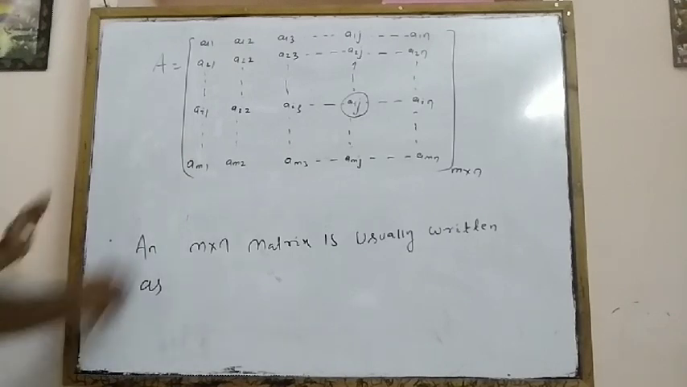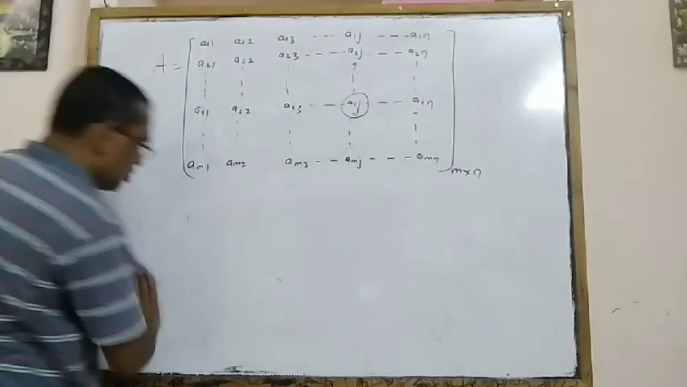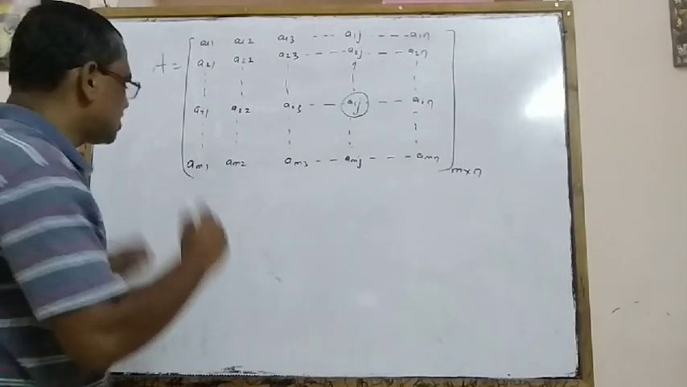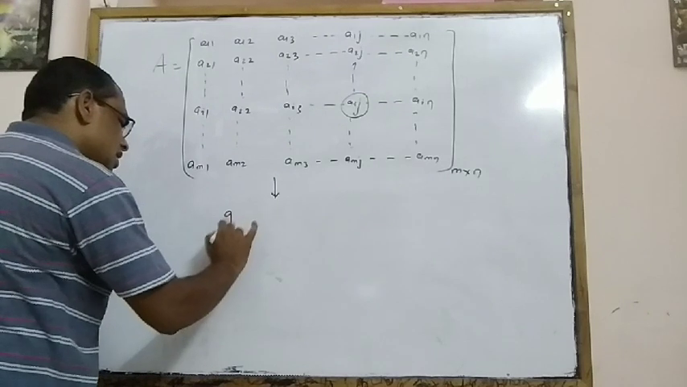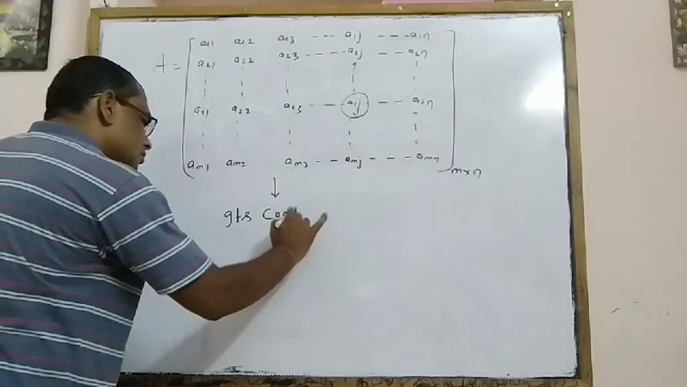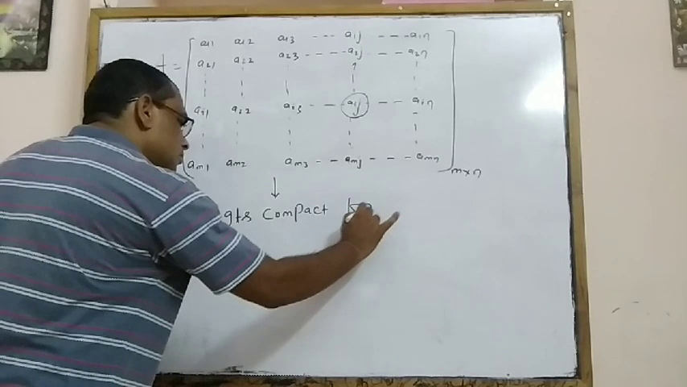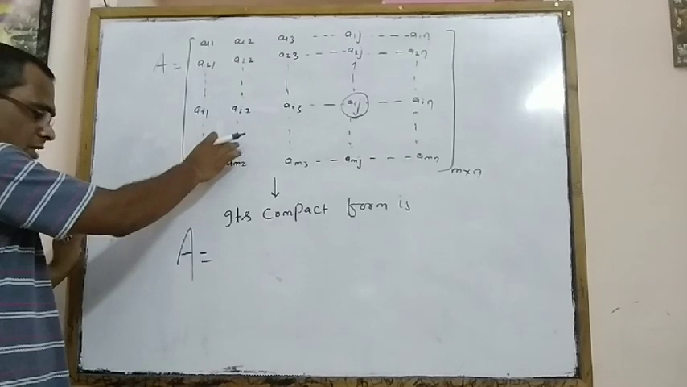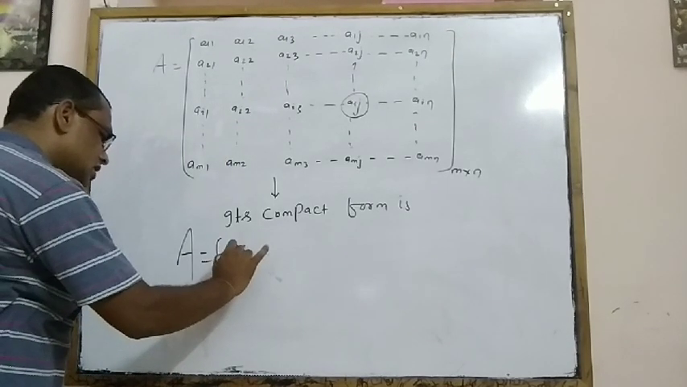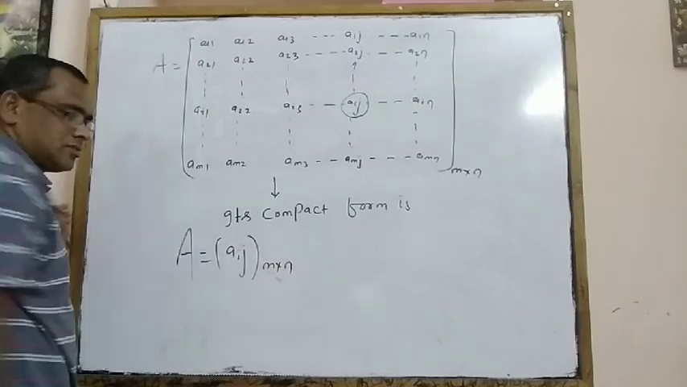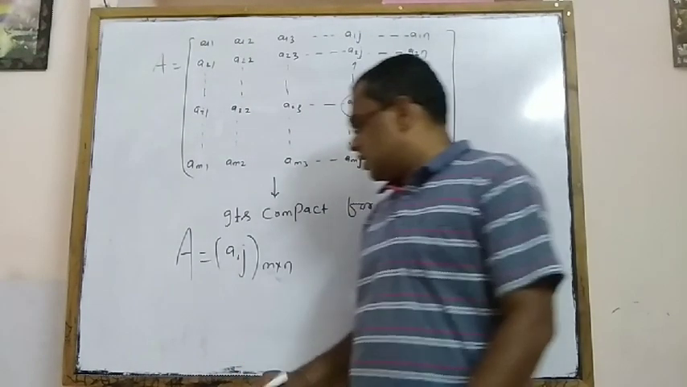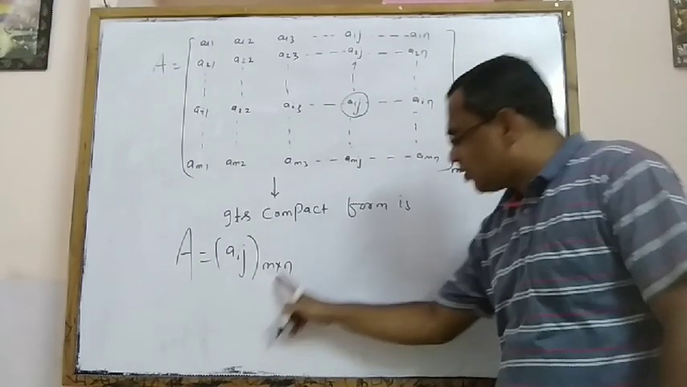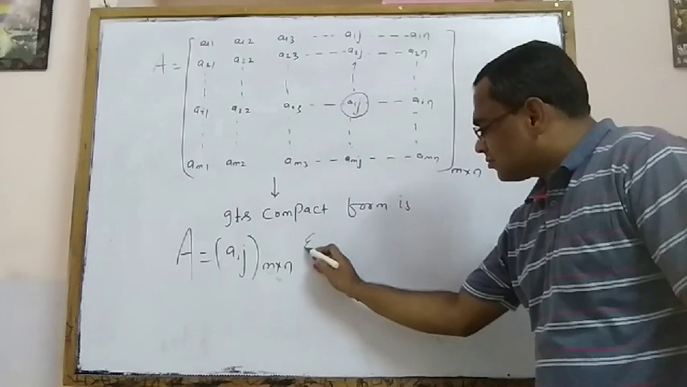Now this m cross n matrix can be written in a compact form, because every matrix is also represented in compact form. Its compact form is capital A is equal to Aij of order m cross n. In the compact form, we use the general element and write its order. For example,